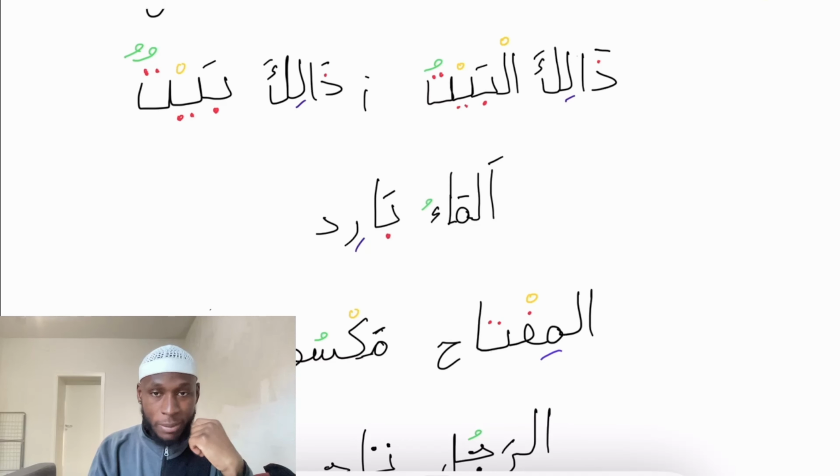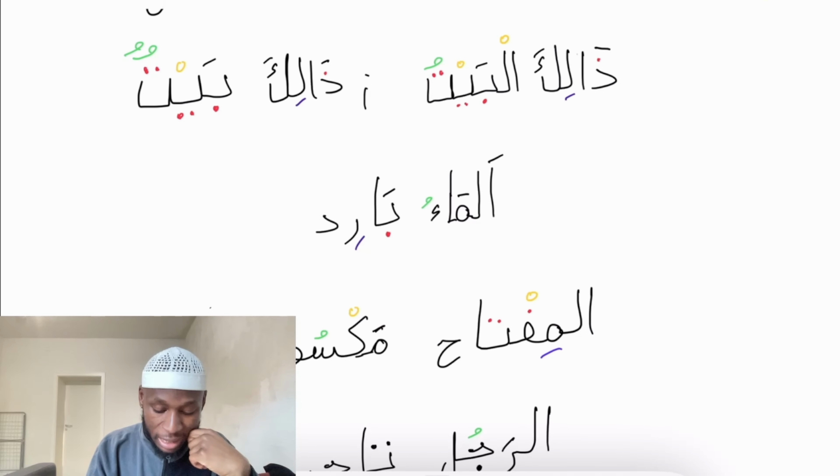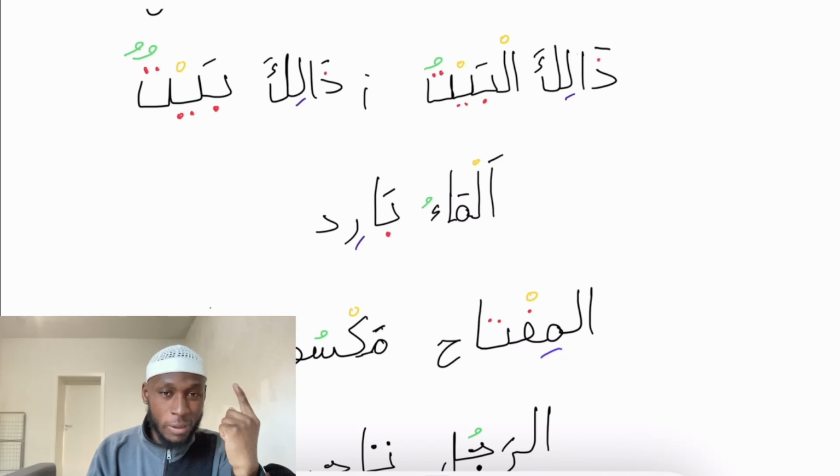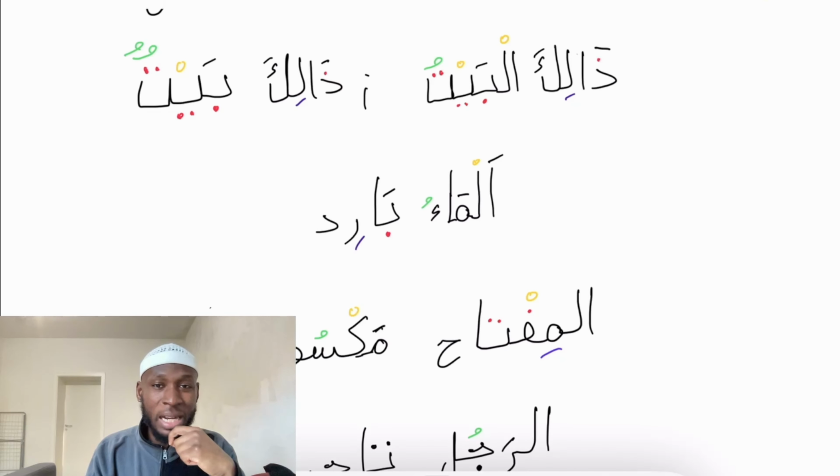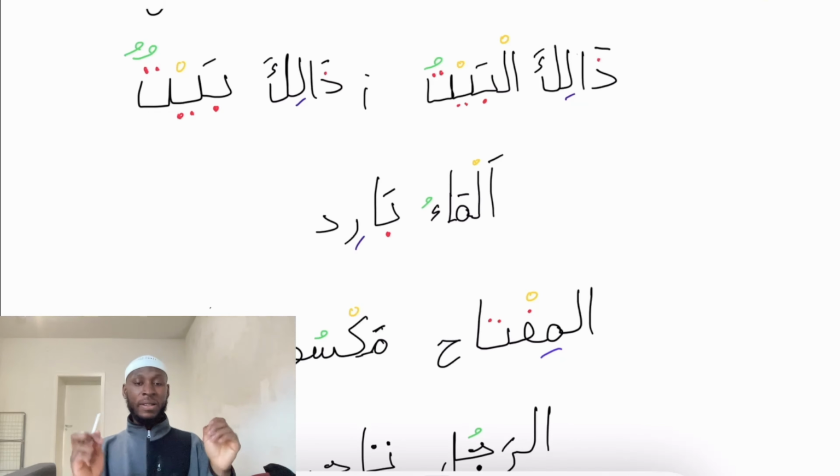We have one damma because we have the al. So definite. What about barid? How many vowels? The two vowels or one vowel? Bari. What? How to say baridan, baridu, baridi? What is that? We say bari. What? Baridun. Why baridun and not baridin and not baridan? Because we say every noun is